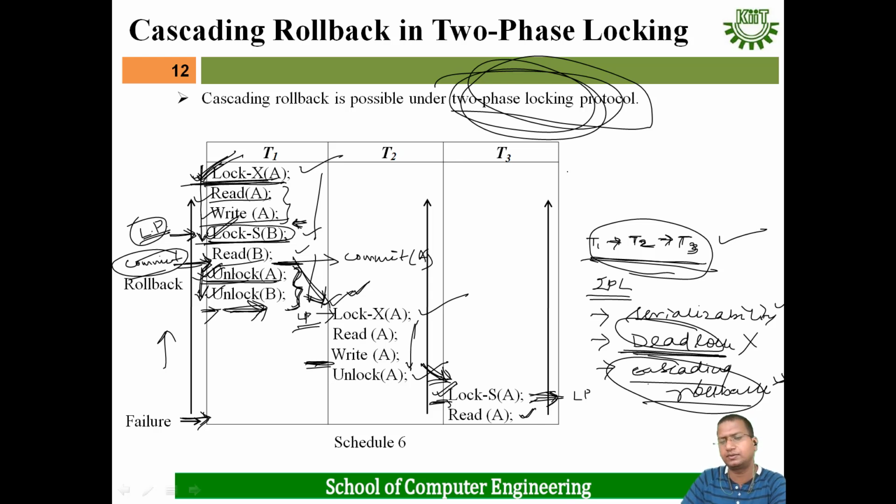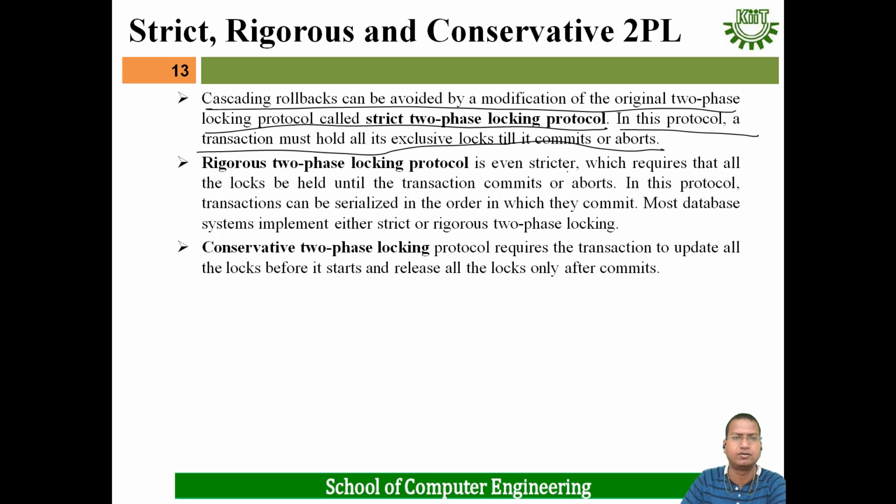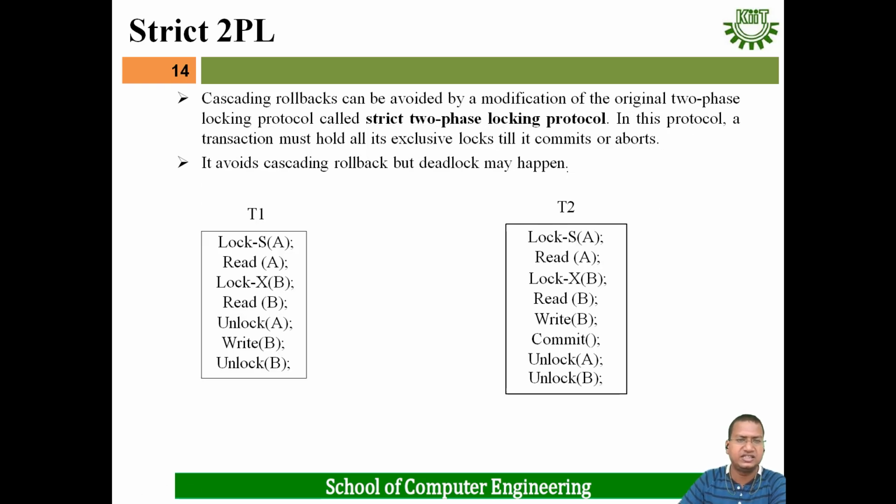If such a condition is present in a schedule, then we can say that it is a strict schedule. Now we'll check whether this transaction T1 follows strict two-phase locking protocol or not. Here lock S on A, a read lock on A, is there. That means we can unlock this. Here is the write lock, lock X on B. This is your write lock. First we have to see whether it is in 2PL or not.